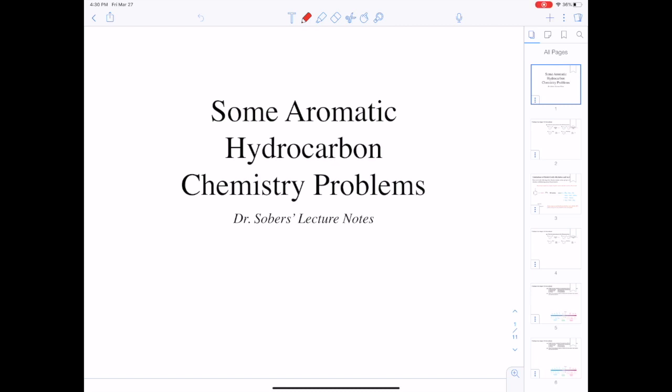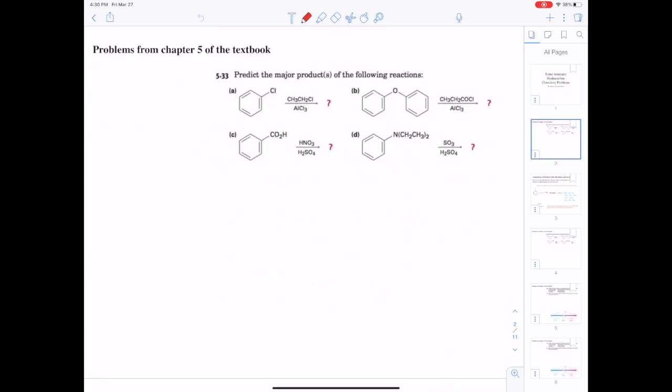Okay, so I thought I'd try a few electrophilic aromatic substitution reaction problems. Here are some problems from your textbook, chapter 5, that I grabbed. We can try problem A to begin with. Number 33A. So we have chlorobenzene,